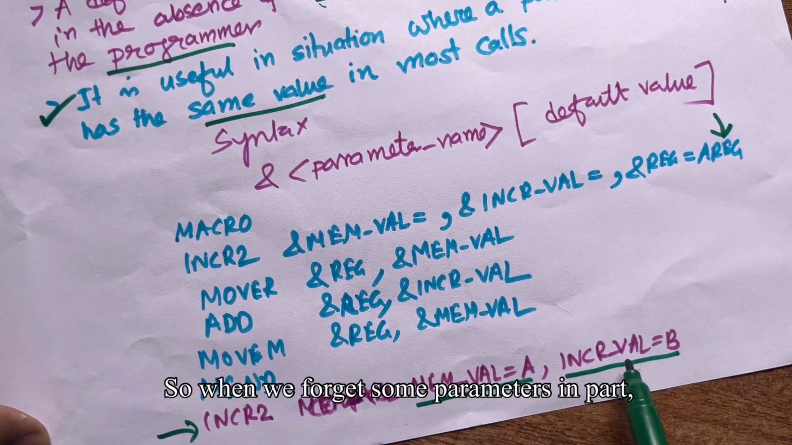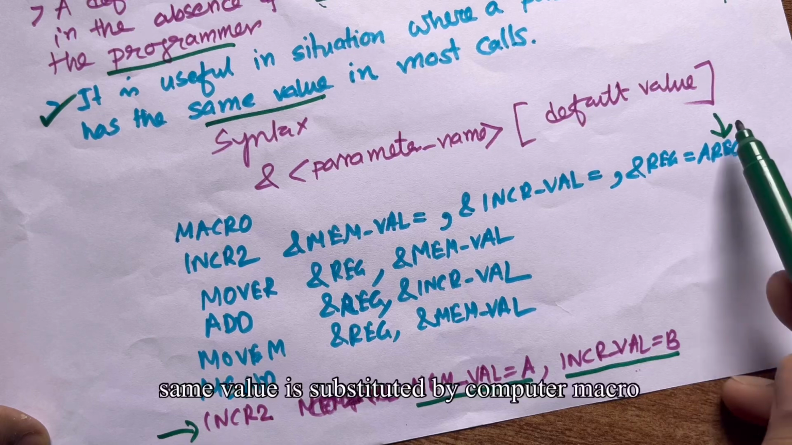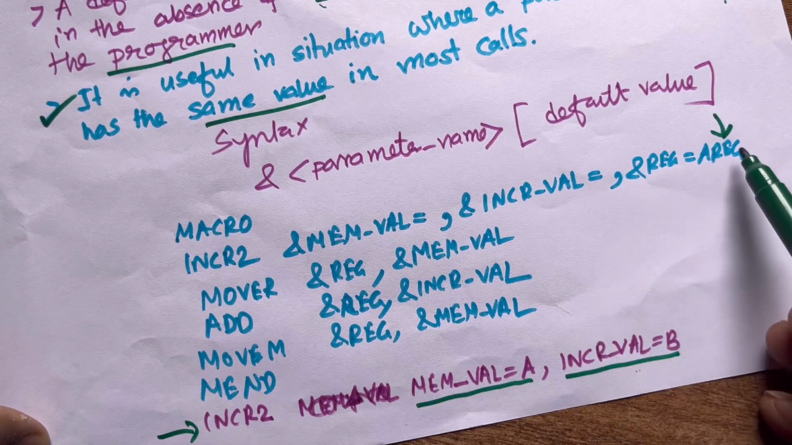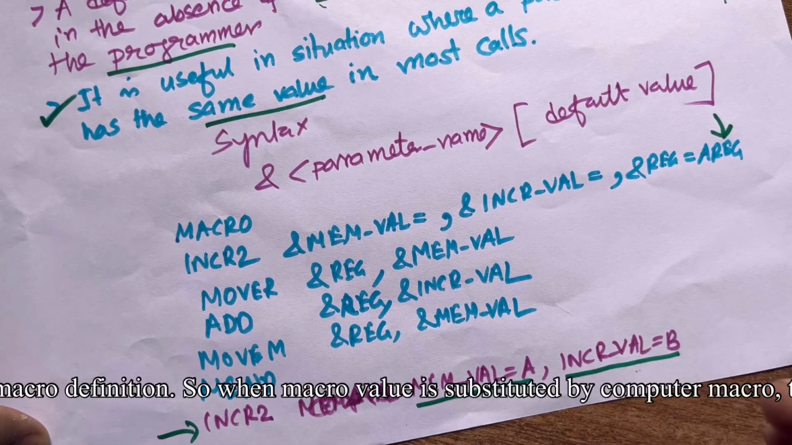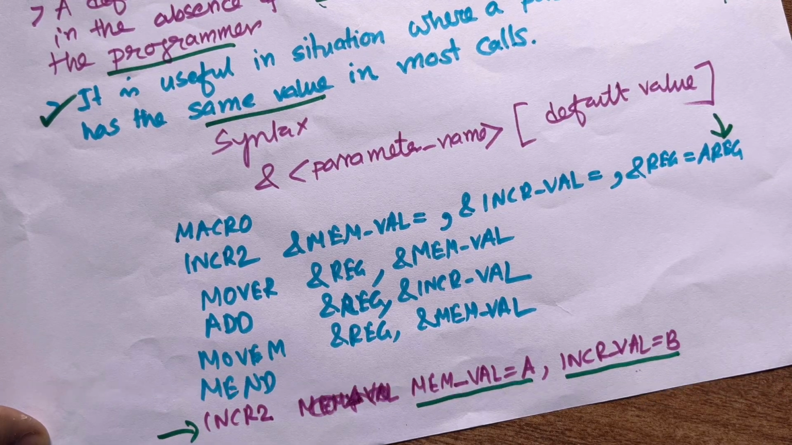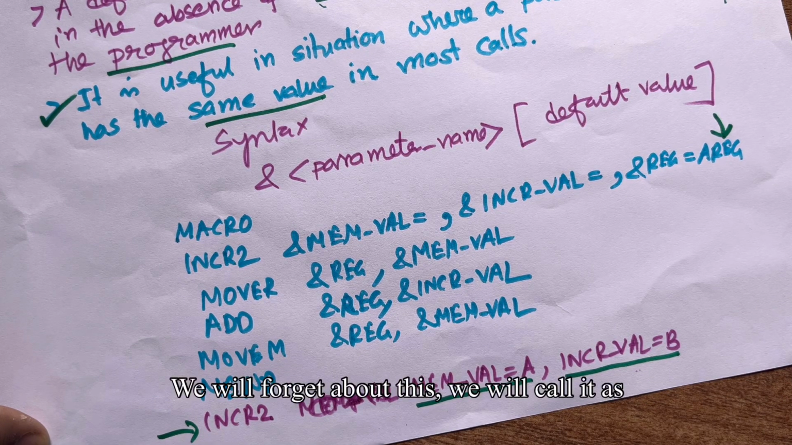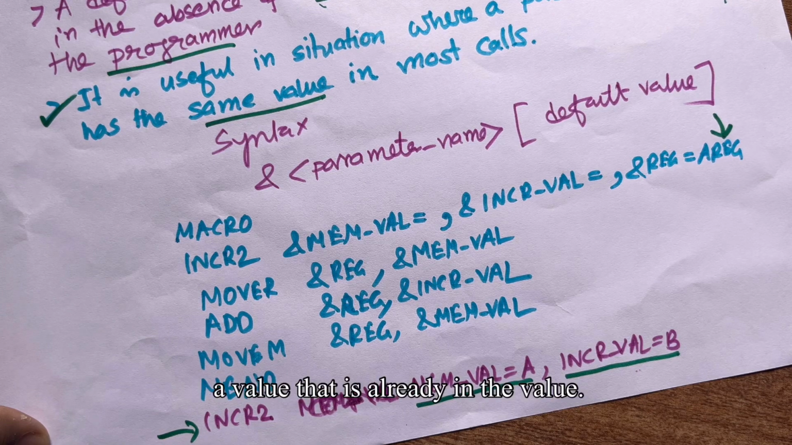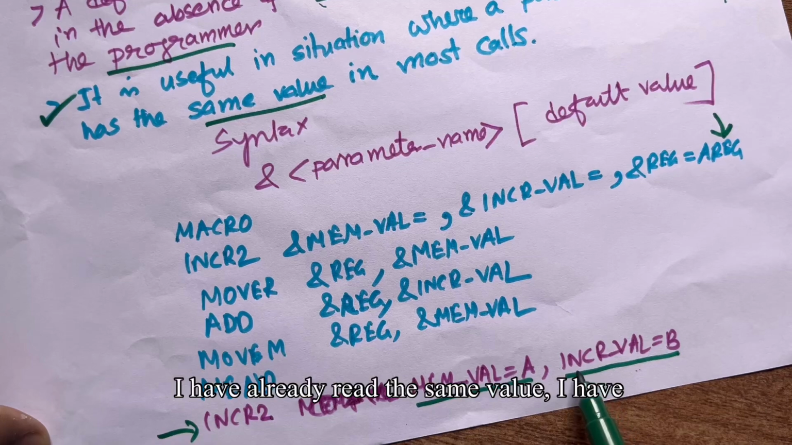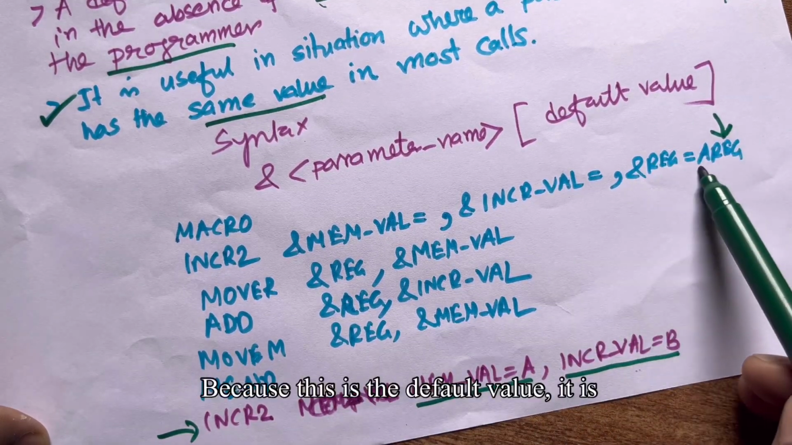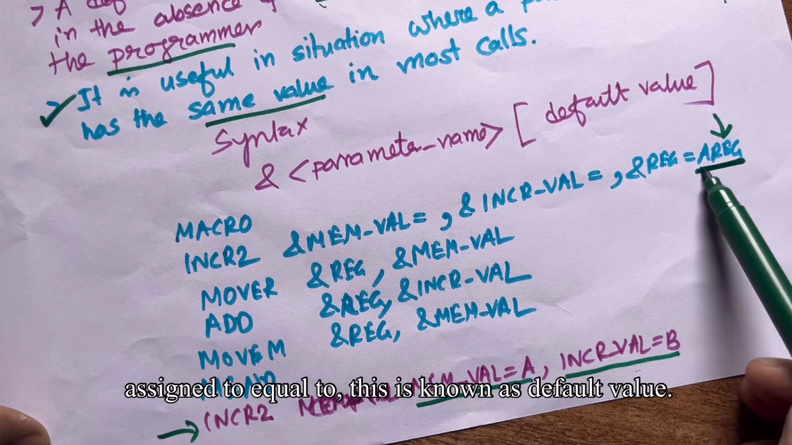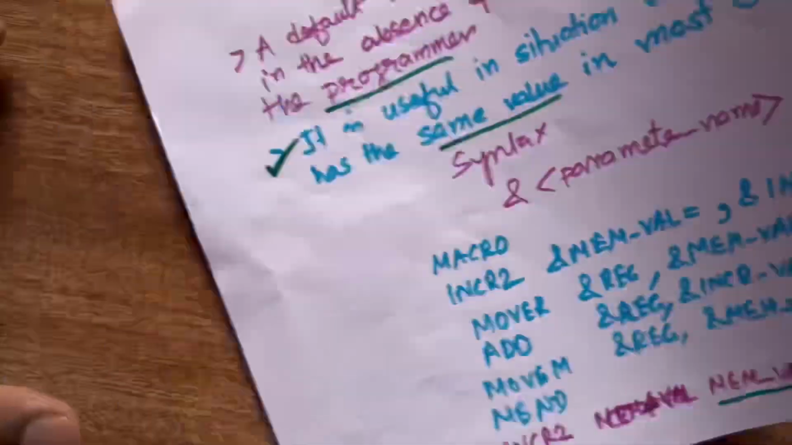যখন আমরা কোনো প্যারামিটার পাঠাতে ভুলে যাব, সেই ভ্যালুটা নিয়ে কম্পিউটার যখন ম্যাক্রো সাবস্টিটিউট করবে, তখন এই ভ্যালুটা নিয়ে সাবস্টিটিউট করে দেবে। তো ম্যাক্রো কলিং এর সময় যখন কোনো ভ্যালু দিতে ভুলে যাব, তখন একটা ভ্যালু যেটা অলরেডি থাকবে সেই ভ্যালুটা নিয়ে নেবে। ধরো মেম ভ্যালু ইকুয়াল টু A পাঠালাম, ইনিশিয়াল ভ্যালু B পাঠালাম, কিন্তু এখানে এটা পাঠায়নি, তার মানে ডিফল্ট ভ্যালুটা ইকুয়াল টু করে অ্যাসাইন করা আছে। দিস ইজ নোন অ্যাজ ডিফল্ট ভ্যালু।